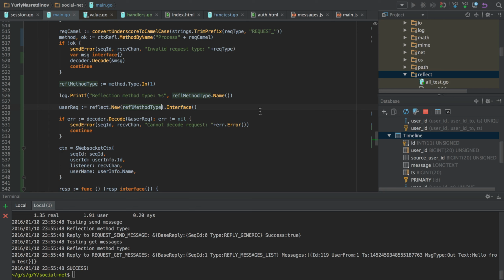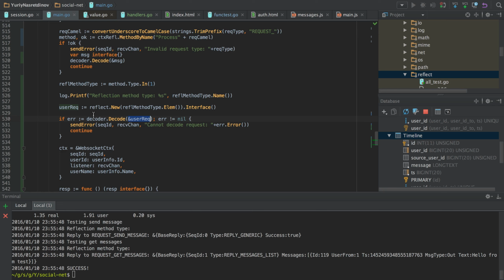New adds a star when you specify the type. So we got the request type that would have an additional star, and that's not what we want.